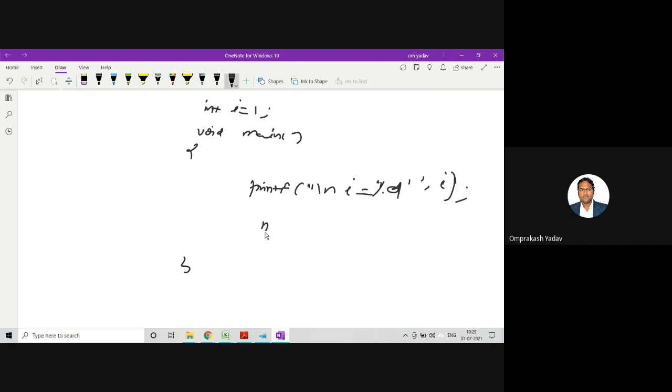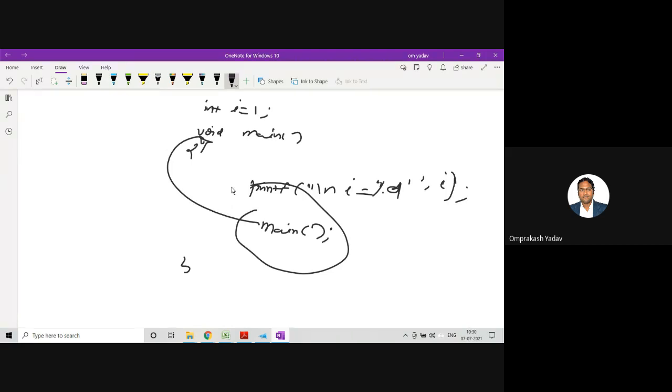And then here I am saying main. So if you can see here, what I've done in the main function, I am printing this printf, the I value, and then again I am calling the main function. So the call will go over here, and again it will come. It will print this particular value. Again it will come over here. It will call the main function. It will print again. You can see in this way that this particular main function is calling itself again and again, and this is called a recursive function call. A function which calls itself again and again.